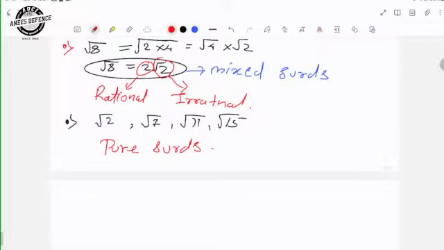बिकॉज दिस नंबर्स आर नॉट ब्रेकेबल, ये सिर्फ और सिर्फ इरेशनल है। ये नंबर्स सिर्फ और सिर्फ इरेशनल नंबर्स कहलाए जाएंगे।